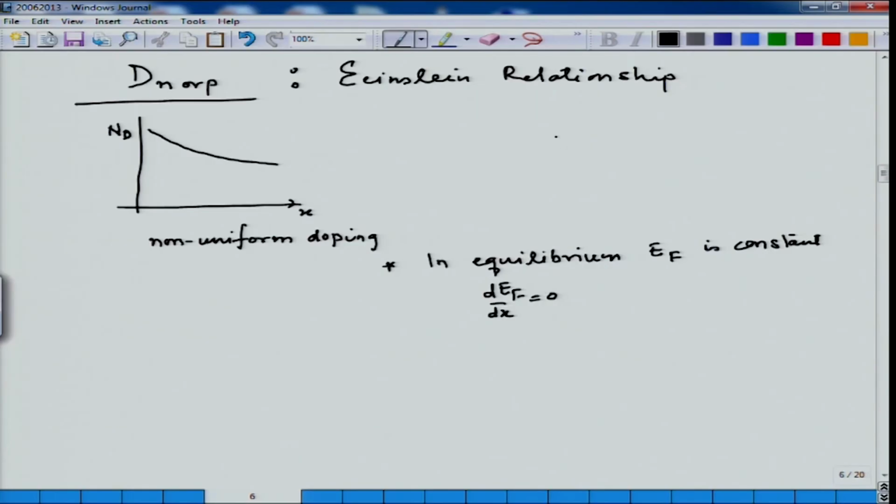So, in equilibrium we have the Fermi level which is constant. Now, if the Fermi level is constant and I have a doping concentration which is changing in the x direction, I must have a higher concentration of carriers here and a lower concentration of carriers here, which basically means that in this particular material I have some amount of band bending of the semiconductor,